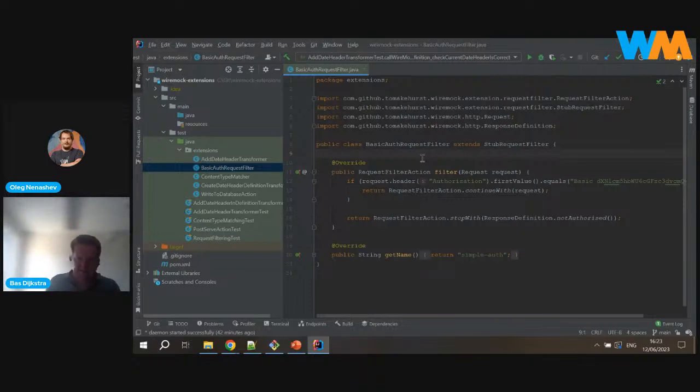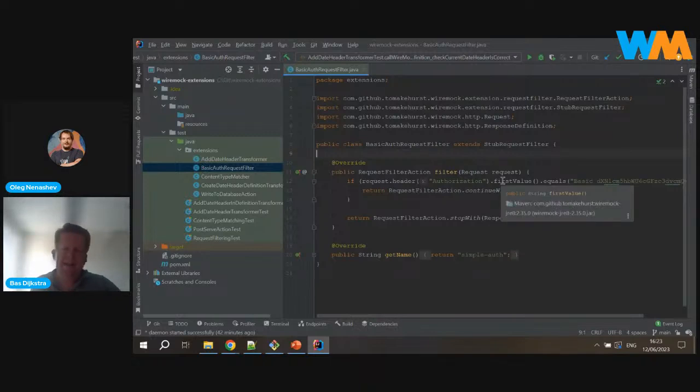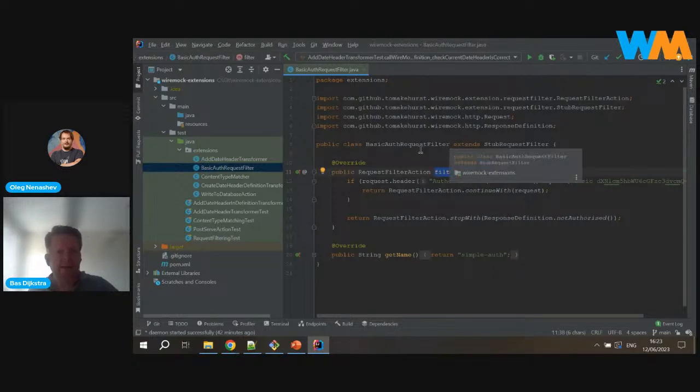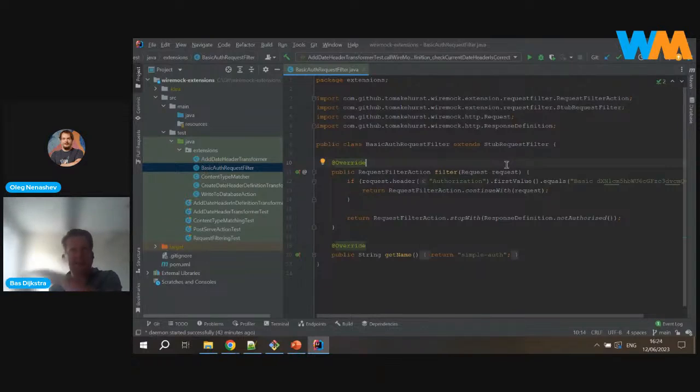And what I need to do is override two of the methods from the stub request filter class to define the behavior that I want to apply when I use this request filter. And in this case, the most important one is overriding the filter method here, which by definition returns a request filter action, and it takes the incoming request as an argument so that you can actually inspect it and see, well, I need this property of my request, I want it to conform to this, and then I want to do some kind of action.